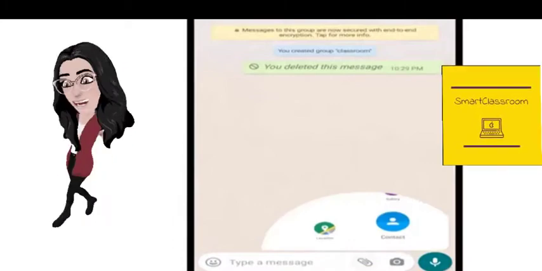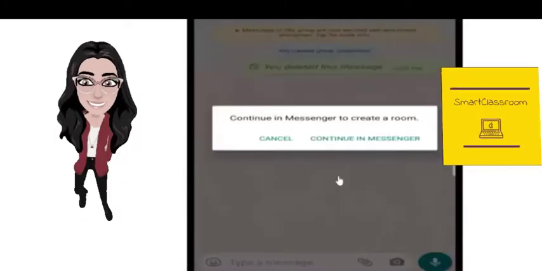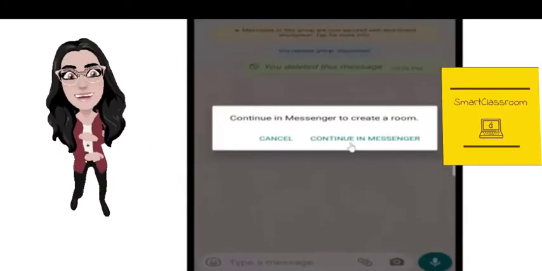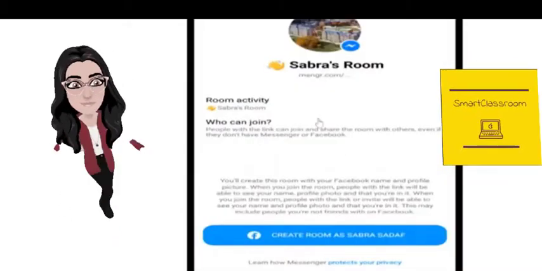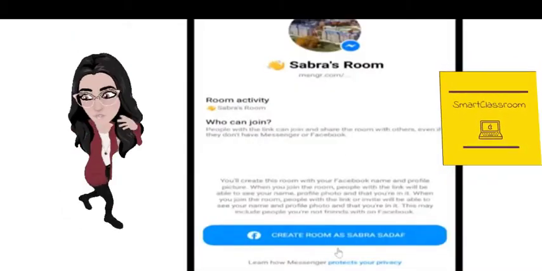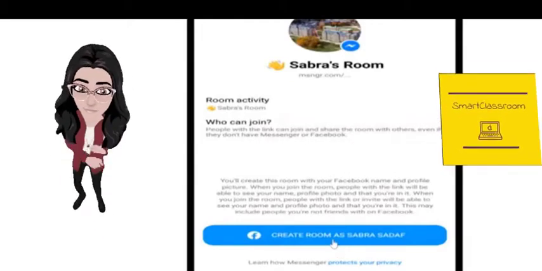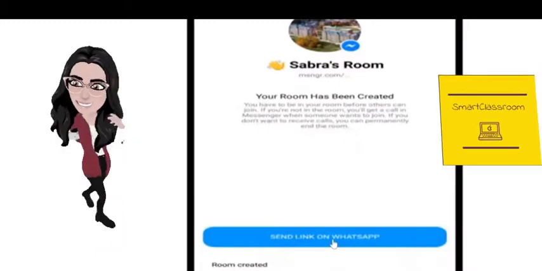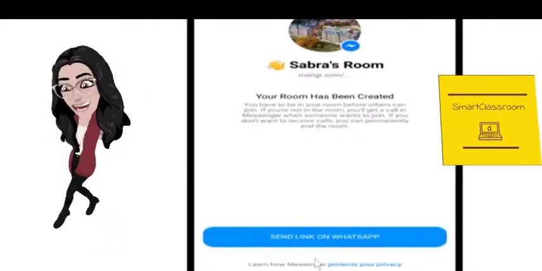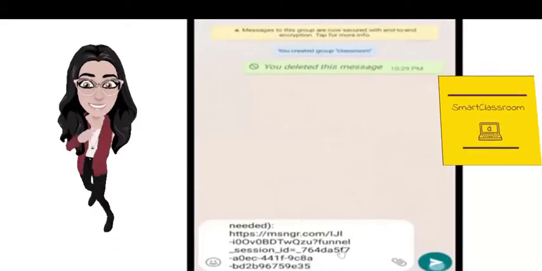In our group, we have a feature of room here. By clicking it, it will take us directly to Messenger, and here the room is created. We will click here, create a room by the name of the teacher obviously, and it will provide us a link to be shared on WhatsApp here.